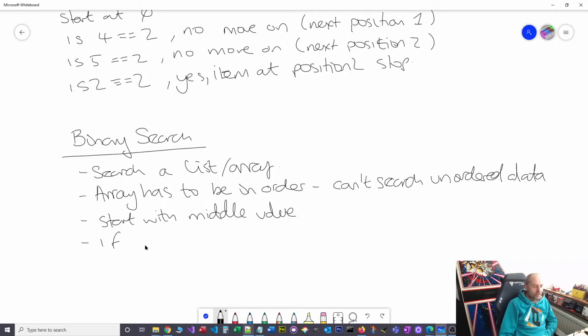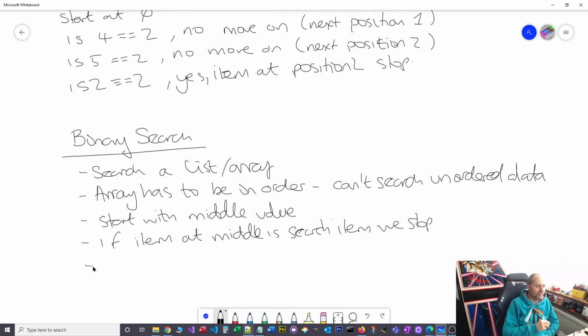If the item we're looking for is there, if the item at the middle is the search item, we stop. But if it isn't, we have to do a further test. So we need to say, if the item at the middle is larger, and this is where the ordering comes in, larger than what we're searching for,